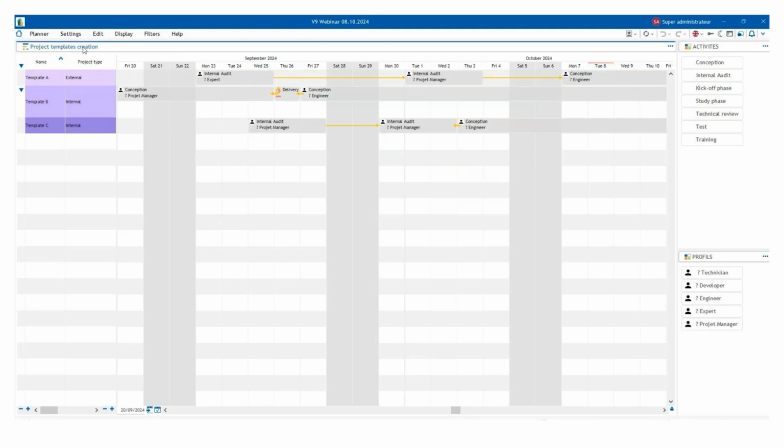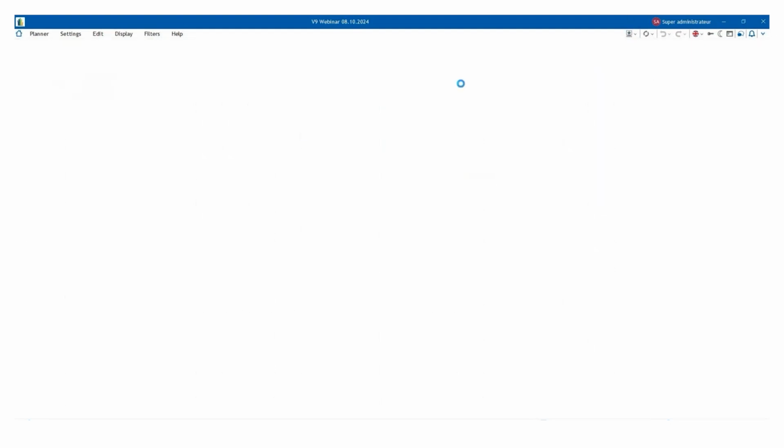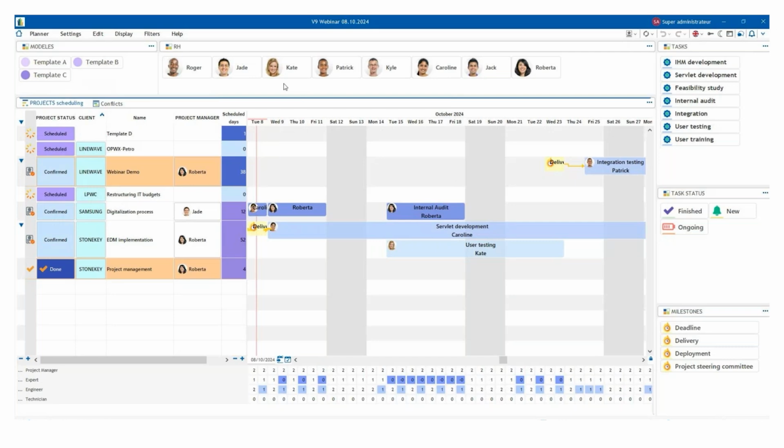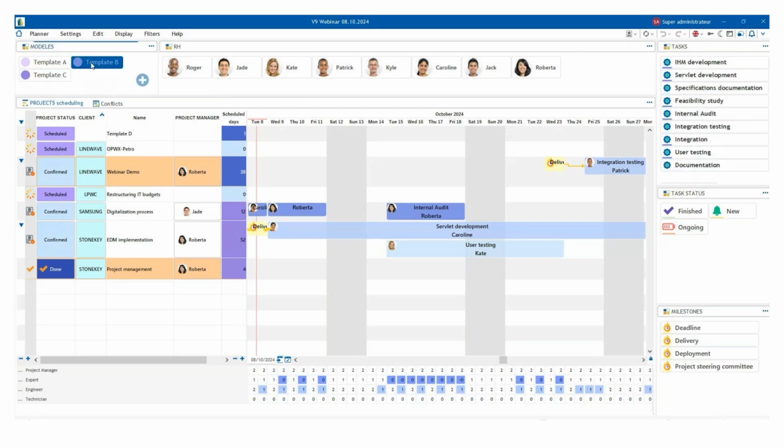Sorry, the filter has actually made my new template disappear. But let's say we will just go and use an already available template, for instance, template B on my schedule